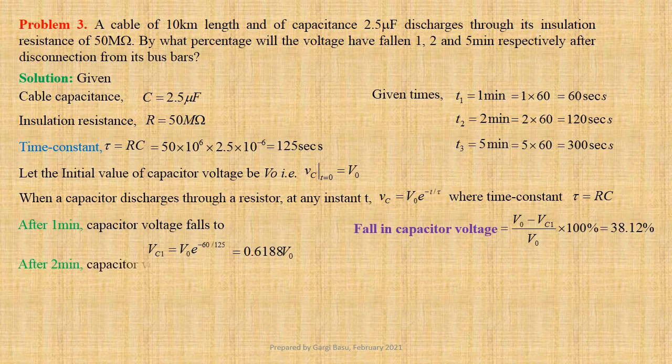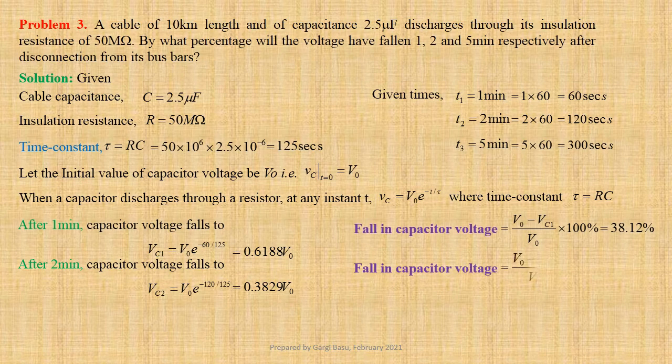After 2 minutes, capacitor voltage falls to Vc2, that is equal to V0 e to the power minus 120 by 125, that gives us 0.3829 V0. Fall in capacitor voltage, V0 minus Vc2 divided by V0 into 100%, is equal to